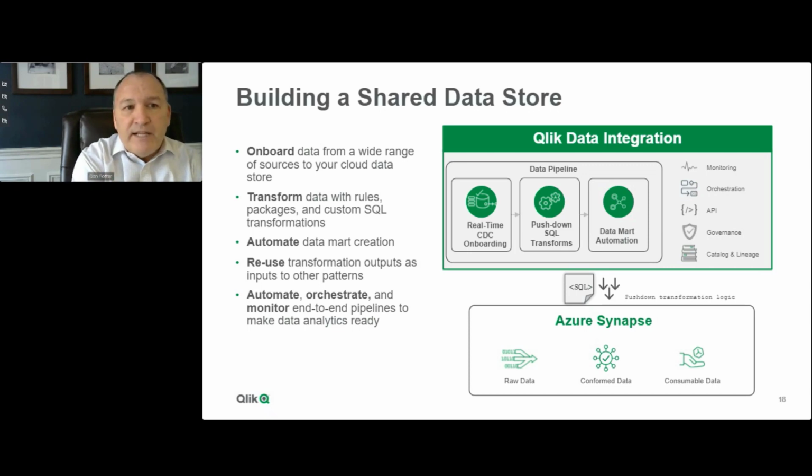So you onboard that data, then you need to transform that data. And you do that with different rules and packages or custom SQL. And all of those transforms are done in a push-down fashion. So we're generating SQL, pushing it down for execution into engines like Synapse. And that's really important, but it's the automation, the next step, where you start to see a lot of the value, particularly in the context of mesh, which is automating things like data mart creation,